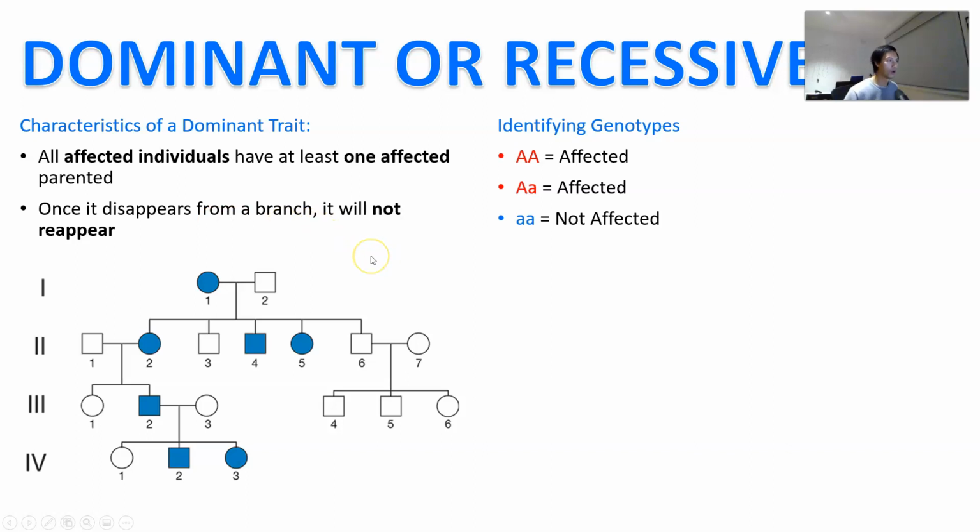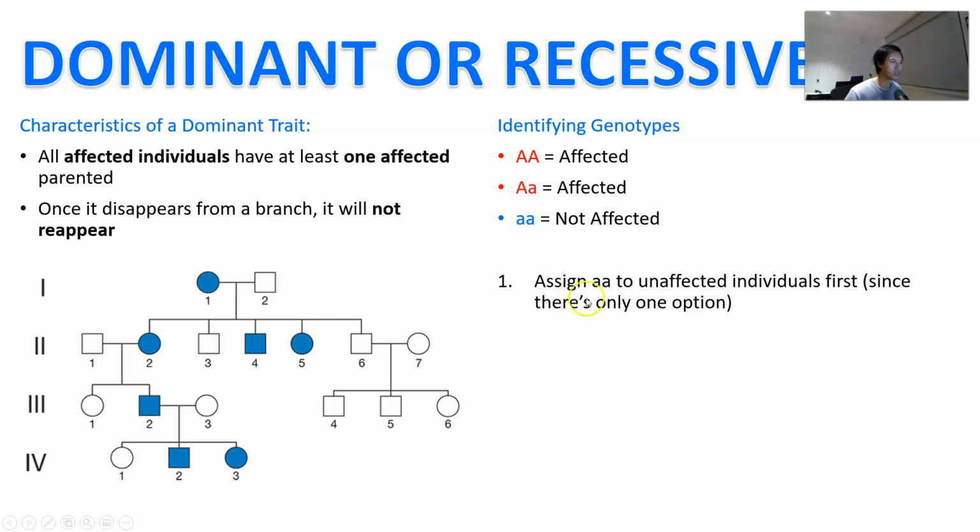How do I know that? Well, let's take a look at all the individuals that are not affected. We're going to start by putting lowercase a in all of those individuals. So we assign lowercase a to unaffected individuals first, since there is only one option. If you don't have the trait, and it's a dominant trait, then all these individuals must therefore have lowercase a,